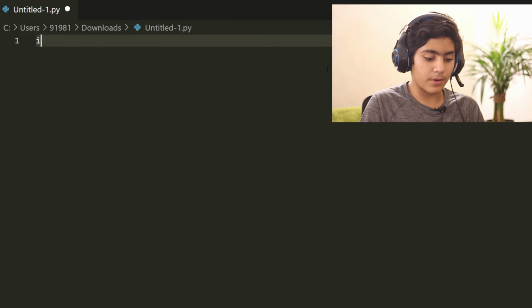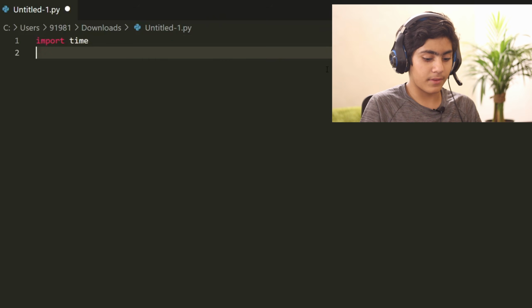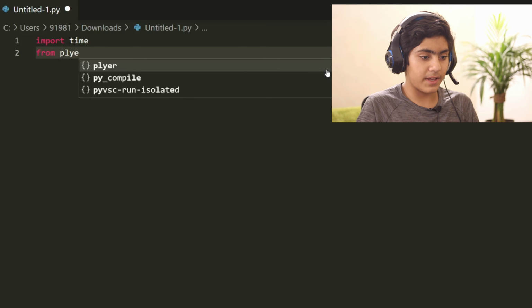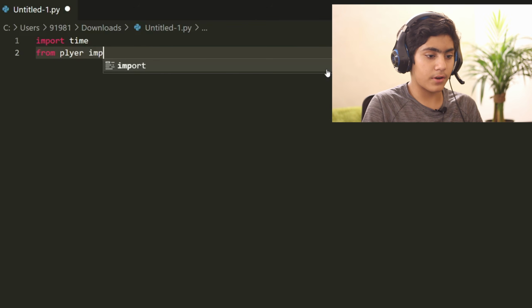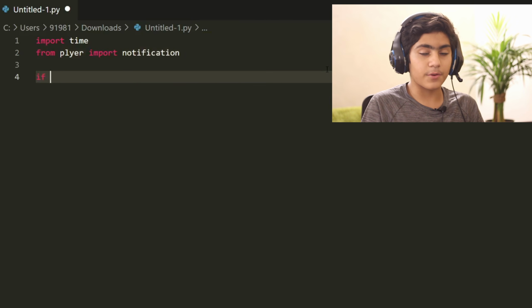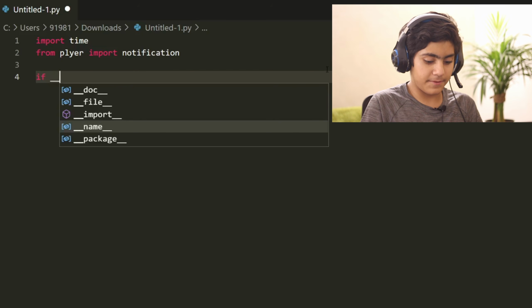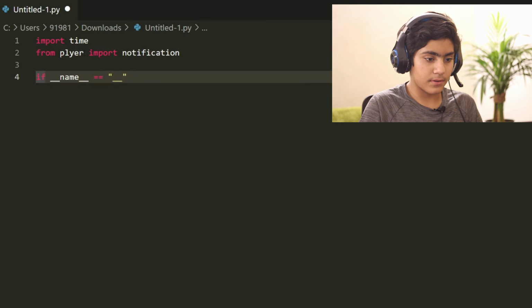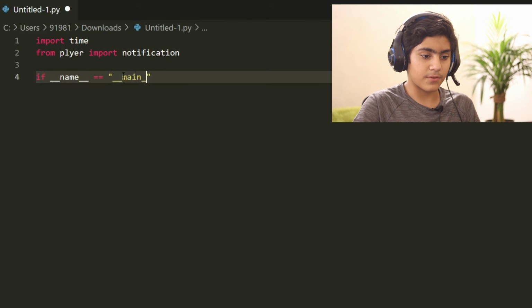After that is done, you have to import a library named time. Then from plyer you have to import a library named notification, and then you have to create an if statement specifying __name__ equals to, in quotation marks, __main__.